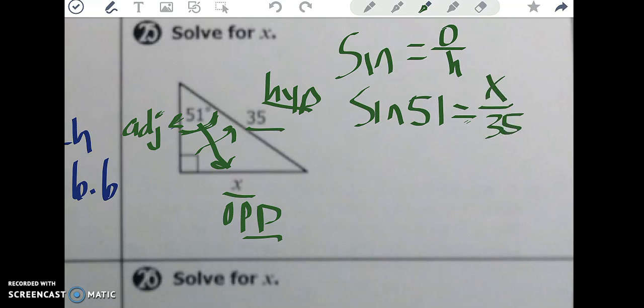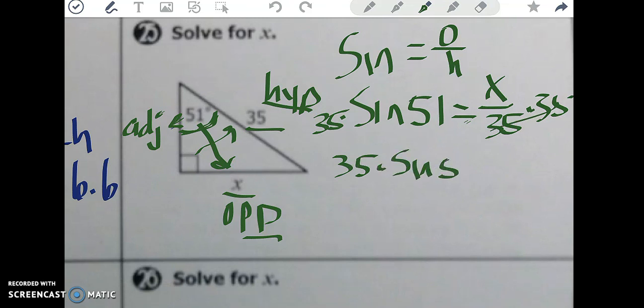Okay, well from here, we have the variable on top. So to get the x completely by itself, we just multiply by the denominator on both sides. So now we have 35 times sine 51